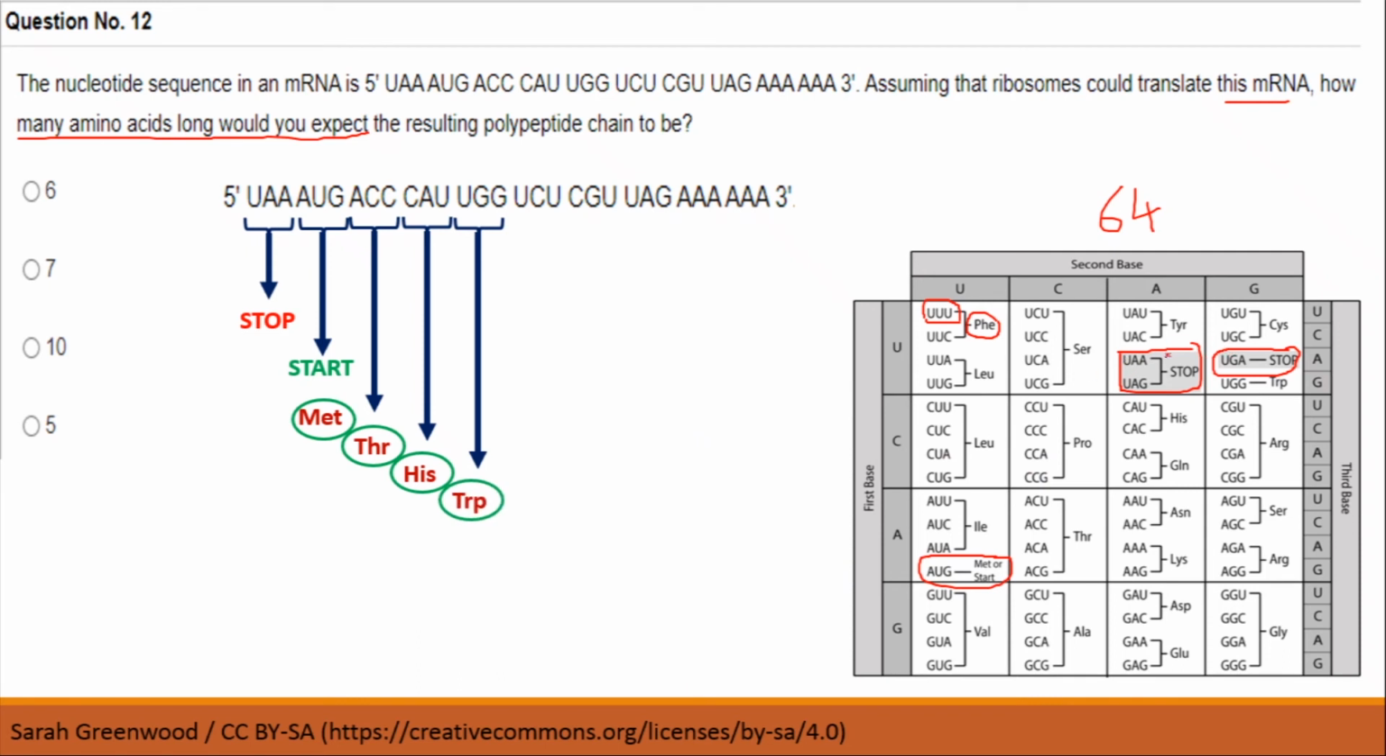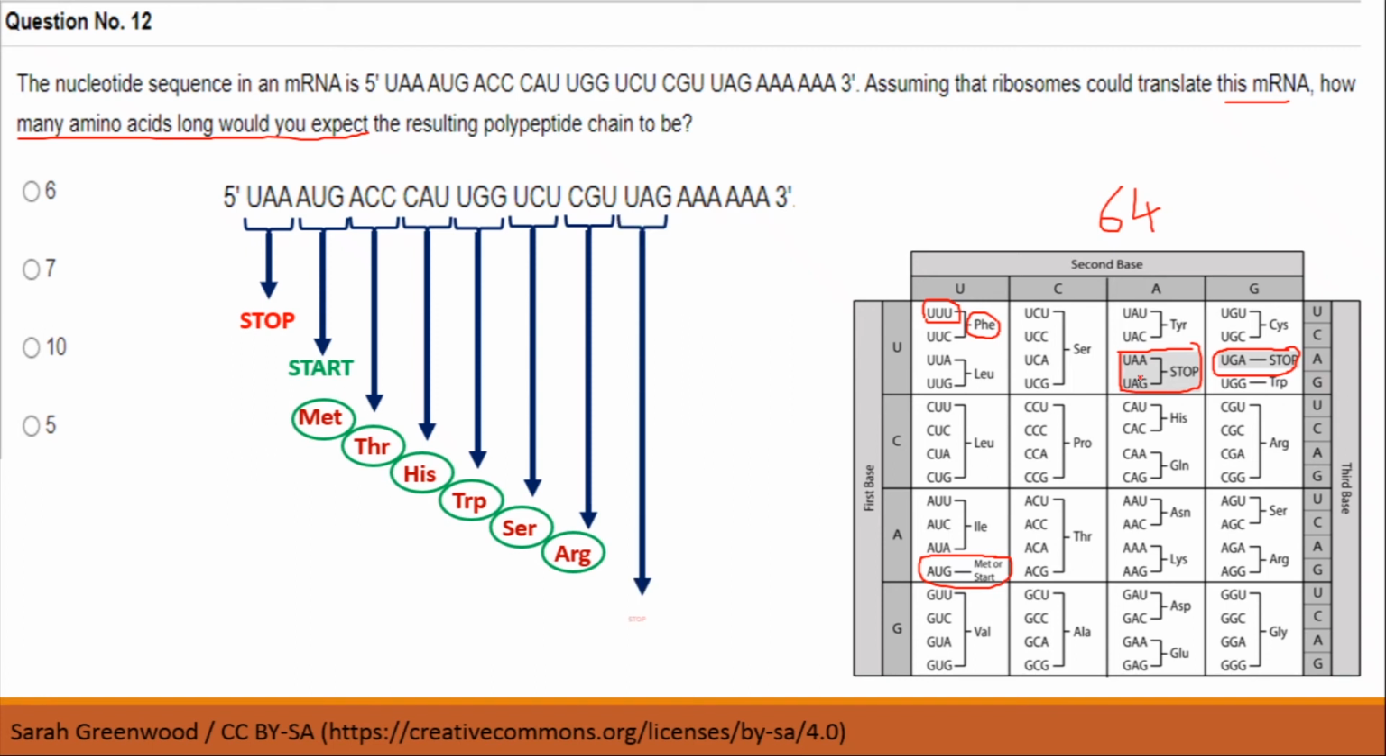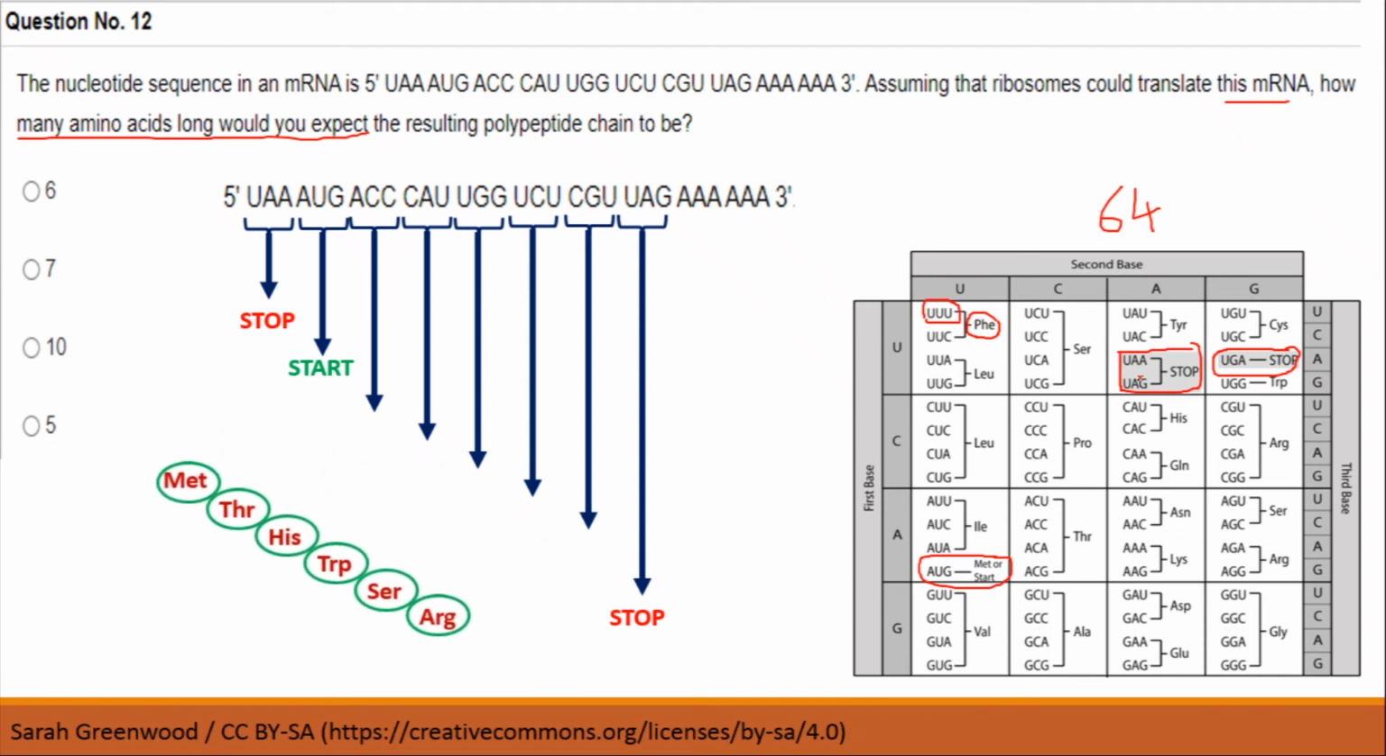Then you have UCU, it codes for serine. CGU codes for arginine. UAG is again a stop codon. So now once it encountered a stop codon, the ribosome is going to stop the synthesis and now your polypeptide is removed. Let's move ahead. AAA, that is going to code actually for lysine, but since we are not having a